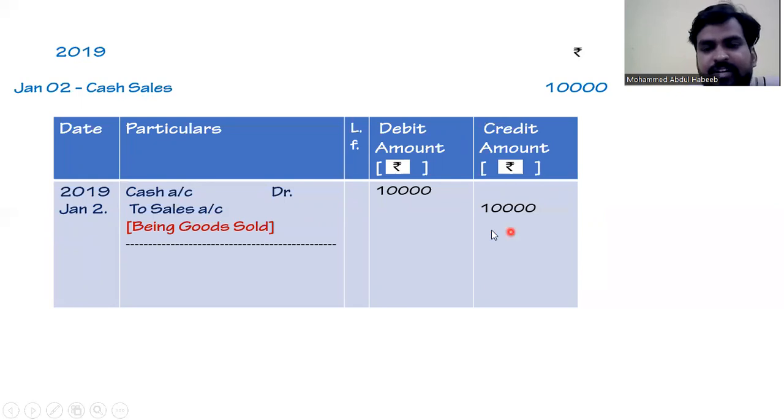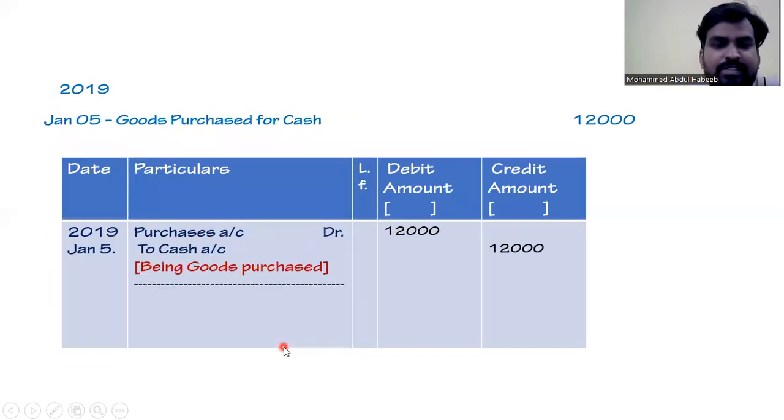So the journal entry on 2019 January 2nd becomes cash account debit 10,000 to sales account 10,000 and the narration will be being goods sold. Coming to our next transaction, which is on 2019 January 5, goods purchased for cash 12,000 rupees. So here the date will be taken as 2019 January 5. Purchases, it is an expenditure to the business. So purchases will be recorded on debit side